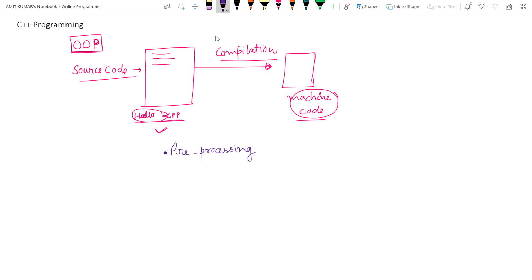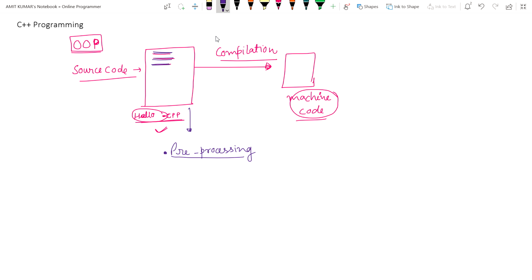This step takes your code and processes that file. It is not necessary that everything you write is your own code. Sometimes we take the help of libraries, and we use library functions.